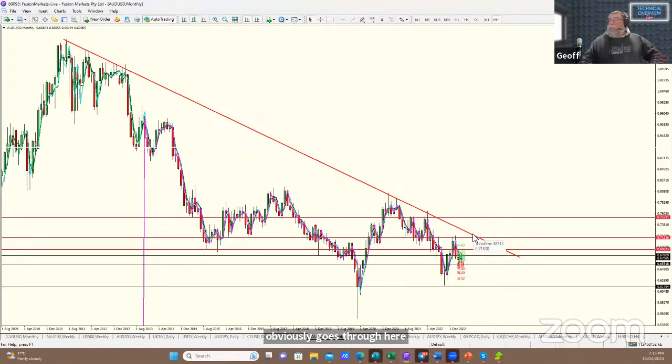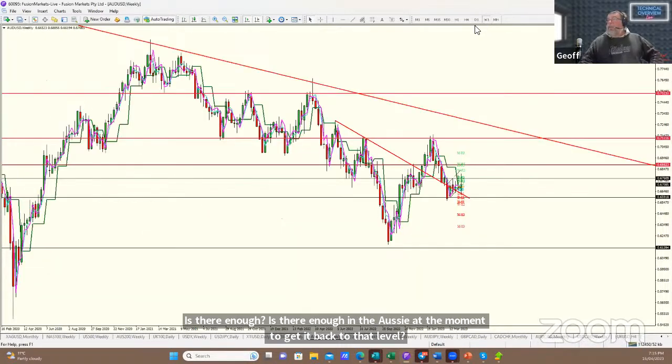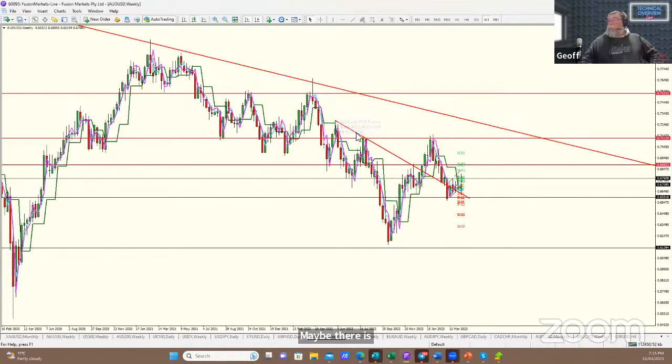So is there enough in the Aussie at the moment to get it back to that level? Maybe there is. But what am I seeing on the weekly chart? I'm seeing a potential, and I've put these horizontal lines on here for a reason. There's potential for this to be a false break of that trend line, or trade line as I call them. In that, we've broken it. We've hit a strong resistance level, a resistance here, support through here, here. So that drove the market back down to where